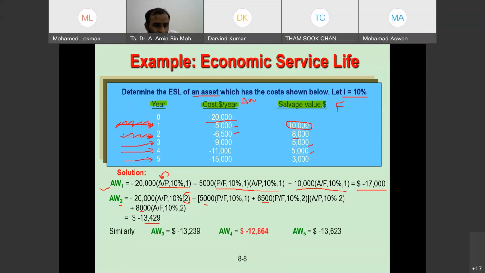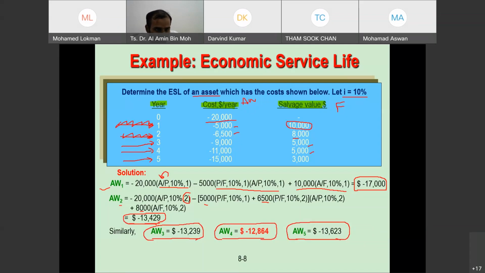So based on the comparison, this is the AW that we get. So this is for AW1, 17,000. This is for AW2, 13,429. AW3, 13,239. And then AW4, 12,864. And AW5, 13,623. Okay, so what we are going to do, we are going to look for the lowest AW,